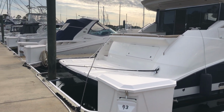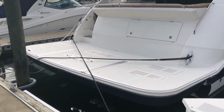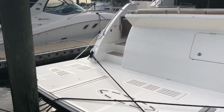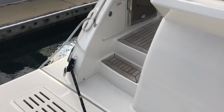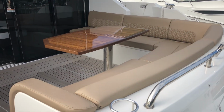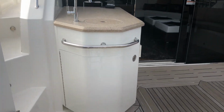The first thing you'll notice is the large hydraulic swim platform with ample storage for your tender, and a large trunk with plenty of room for dock lines, fenders, as well as a power cord reel. As we step aboard, you'll notice the teak flooring on the companionway as we enter into the large cockpit on this boat, which features wraparound seating, a solid wood cocktail table, and a summer kitchen with a grill and a refrigerator